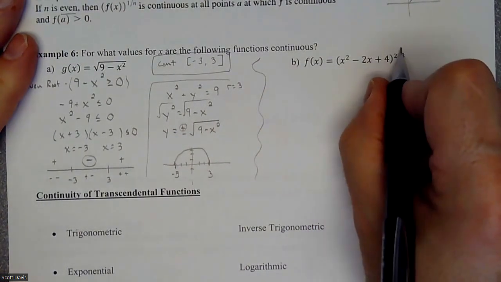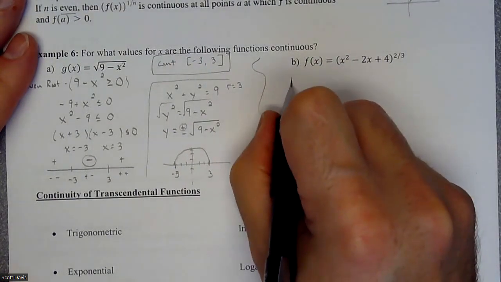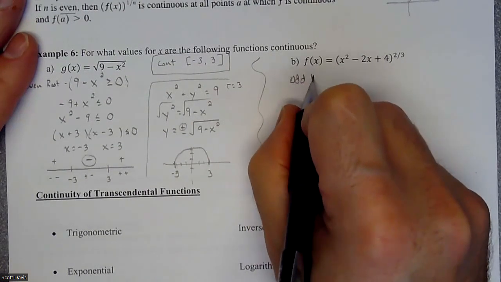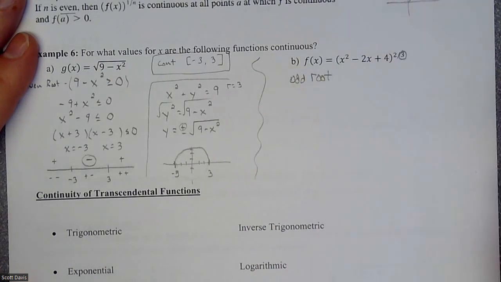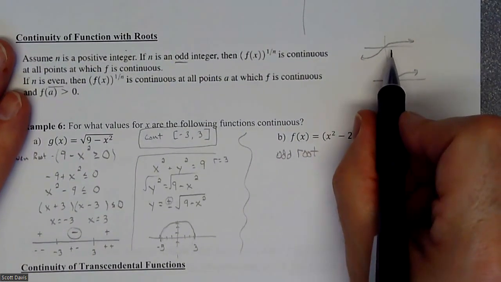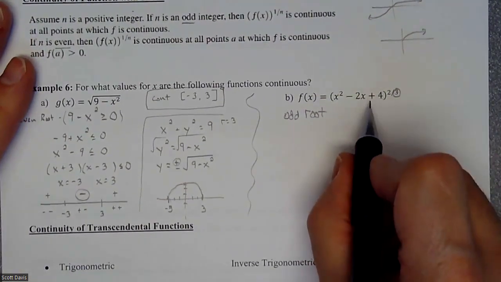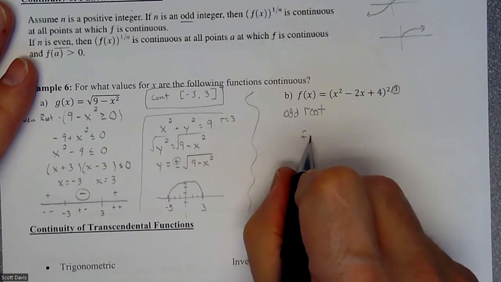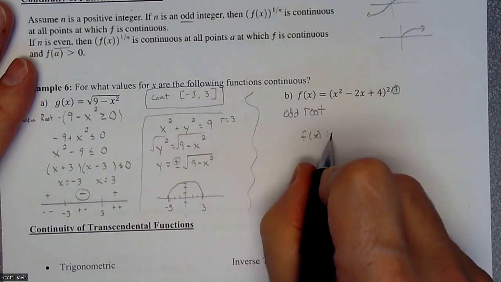And then this last one. If I take a look at this 2/3, the root on it is odd. An odd root in the denominator is not going to have a domain issue, so it's going to be continuous everywhere. So that whole thing is going to be continuous. So f of x is continuous